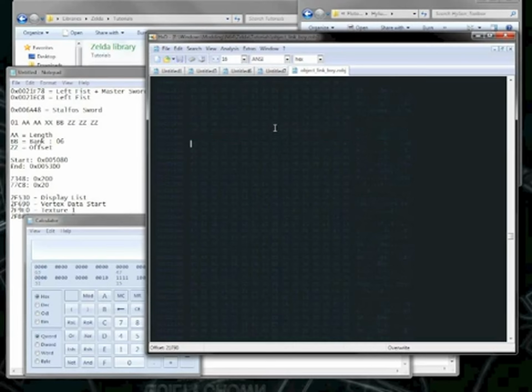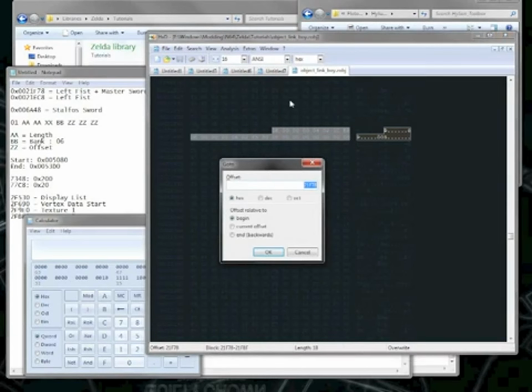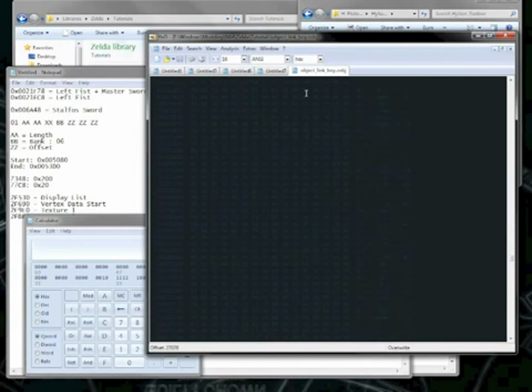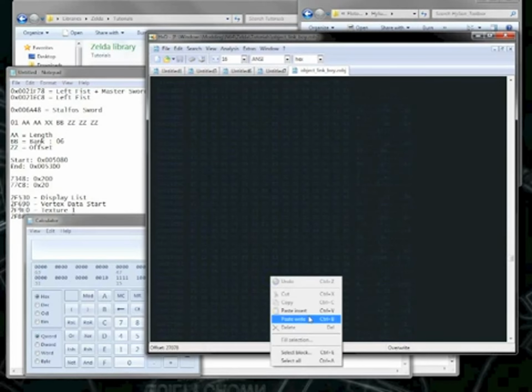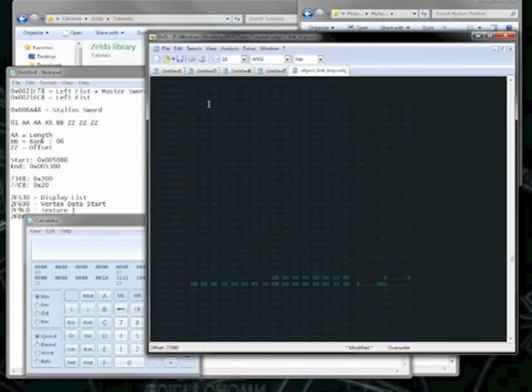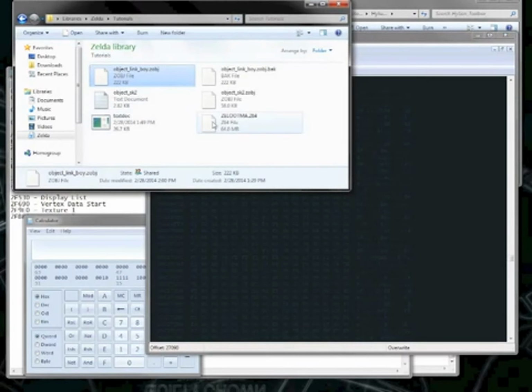And you save that. And one last step is to copy this, go to 27078, which would be the low poly version of his master sword. And you don't want this to disappear when he's far away from the camera, so you would just copy what you wrote and paste it there and save this. Now to import it into the ROM,